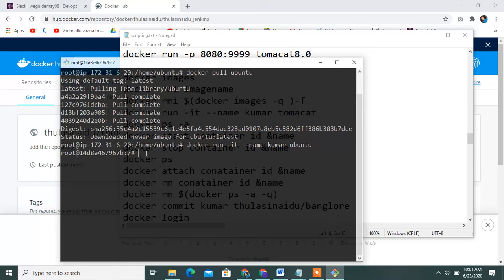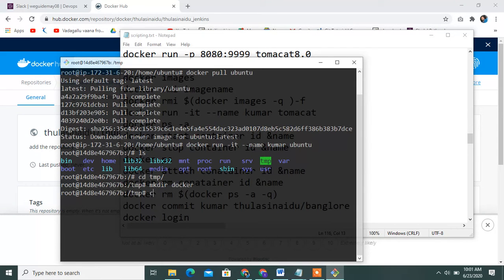It created and is running the container. Under the container you can run ls. See this: bin, dev, home, proc, run, tmp folders. cd tmp. Go through this and create any folder with mkdir docker.